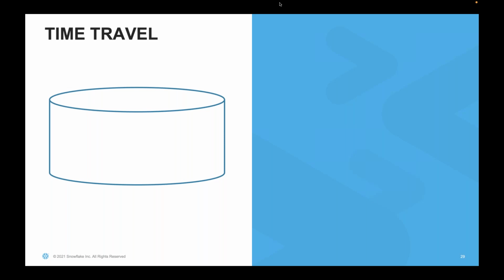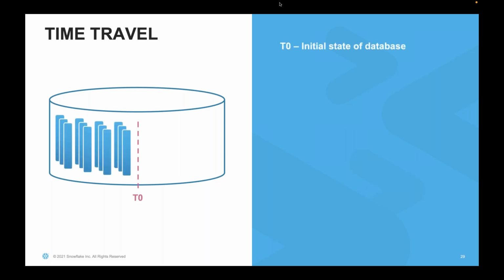Another one is time travel. We will have a lot of examples when we get to time travel. What does time travel do? Let's say you are loading your data from 1st Jan, and I have set up my time travel for 14 days. Now on the 13th of Jan, I realized that the data I loaded on the 1st of Jan is wrong, and I have created all the historical records after 1st of Jan because I'm loading that data daily. So the instance will be created daily.